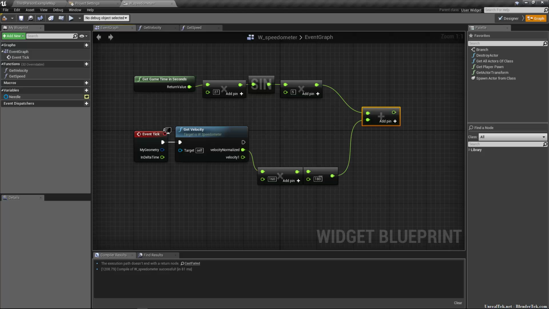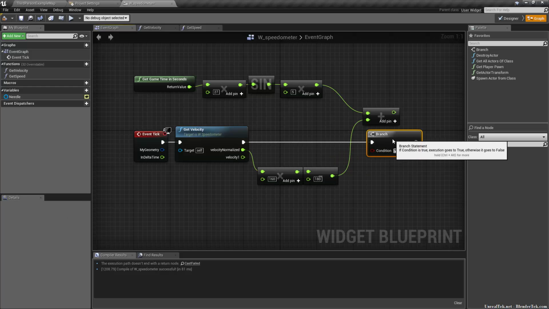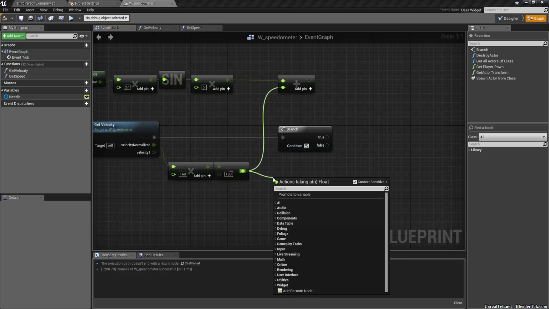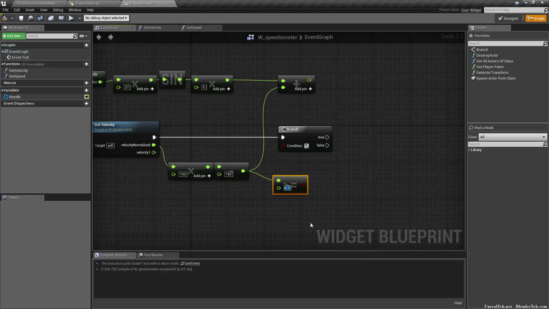So now we're going to have two different settings. So let's create a branch by holding down B and clicking and connect it up. So now all we have to do is, that bugs me because that's not nice and clean. All we have to do is take this, and this is going to be our condition. If this value is greater than or equal to -30,